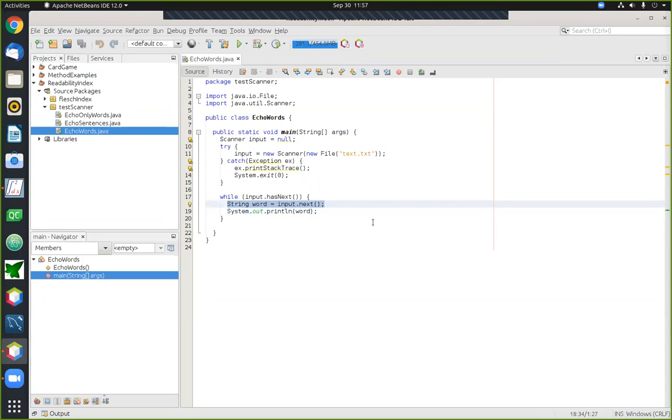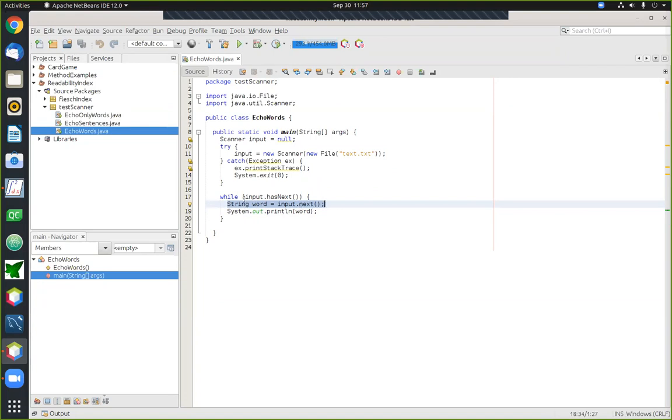Now, fortunately for us, the scanner class already has a method that is designed to do essentially that. It has a method called simply next. When you call the next method, it goes into the text and gives you the next available word. So if you're interested in reading words one at a time, the next method is your friend.